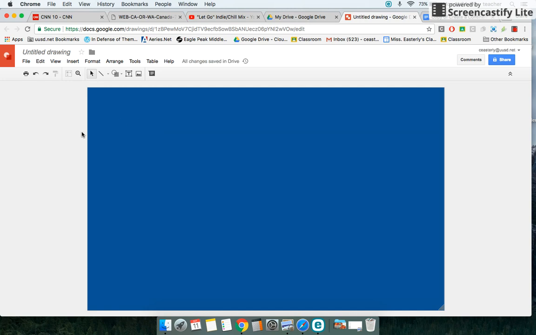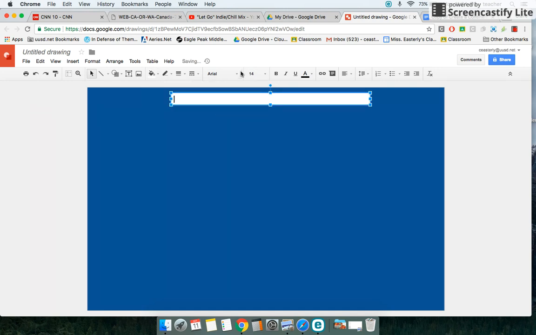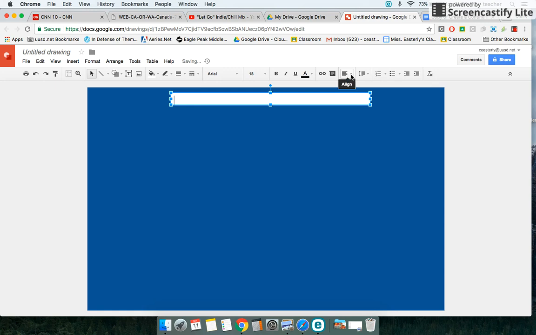So looking at my checklist, I'm going to have a title at the top. I have to make it large and colorful, and there's a whole list of things you need to get full credit. So first I'm going to add a text box to create my title at the top. I'm going to fill it in white so that you can actually see it. You can change the font here. You can change the size if you want. I'm going to change it to 18, and I'm going to center my text. And I'm going to call this